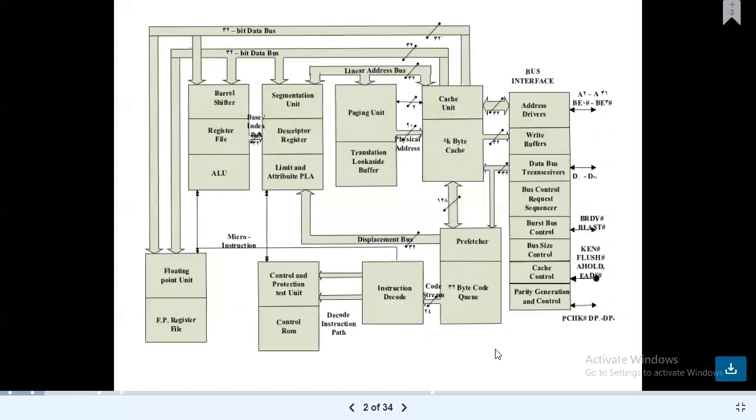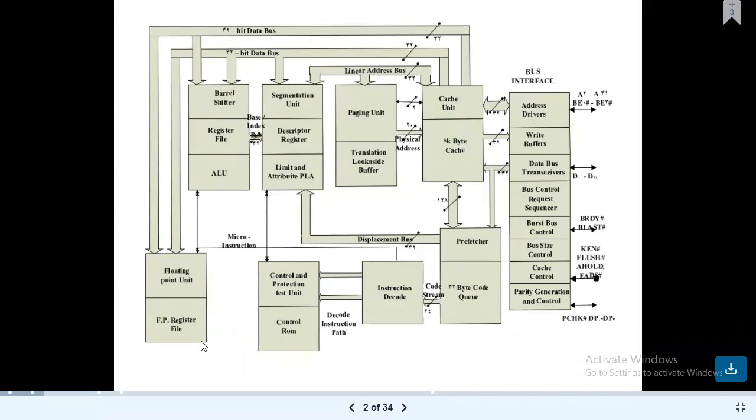So this is the one architecture, but all of you just go through it. Anyhow, all of you have objective type questions in the examination. This architecture they didn't ask, but for your kind information, you just go through all the different blocks. Here the 80486 has more blocks due to solving the functionality